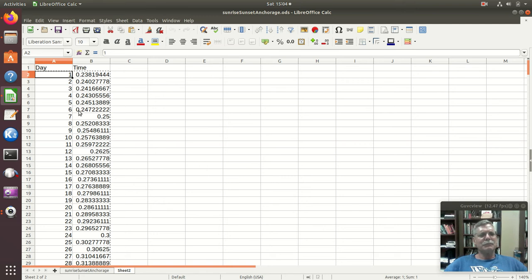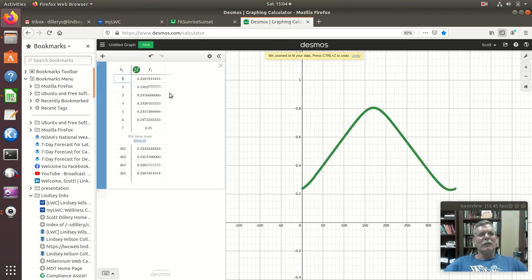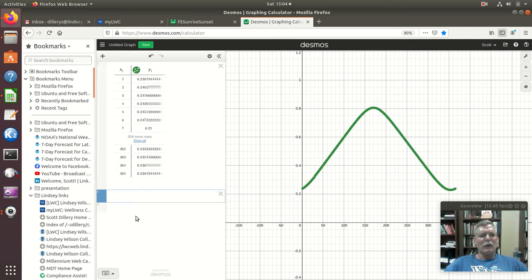Okay, so I've done a copy on the data. Now I'll go to Desmos, and I will simply click in here. It's already in there, and I'll do a Control V for paste, and there we go. And I have X1 and Y1, and there's my plot. Now we'll get to some work over here in a minute where I messed with it a little bit differently. But what we want to do is take f of x